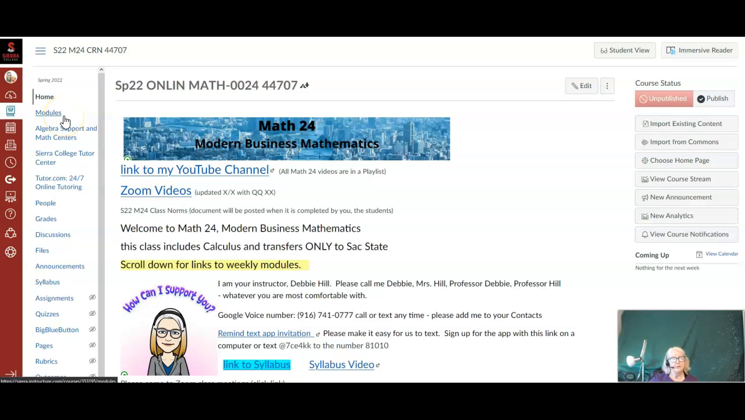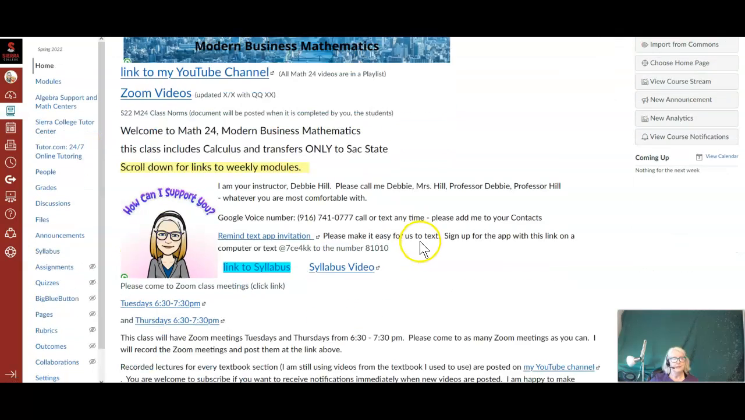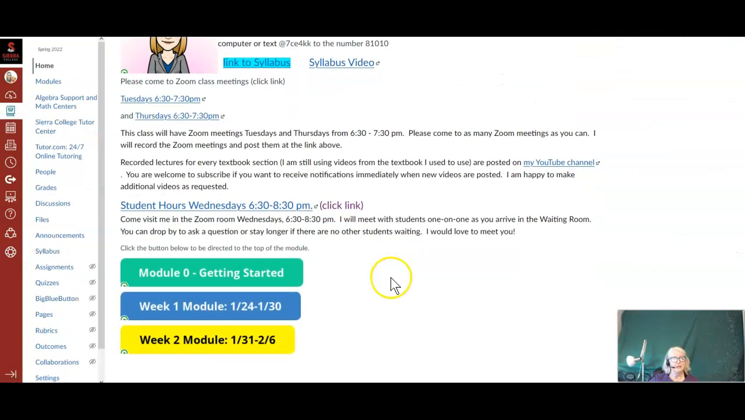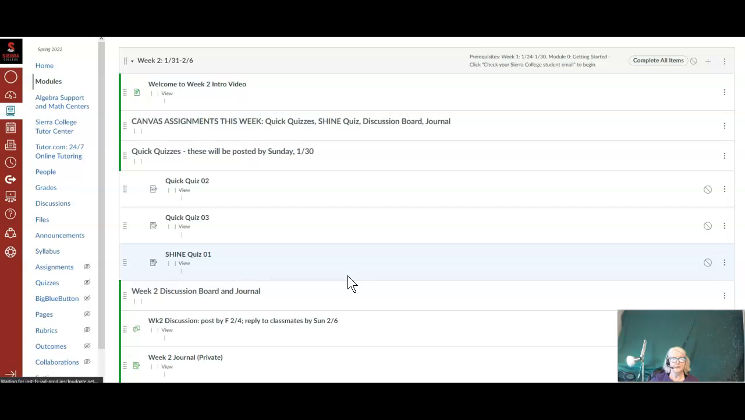When you do that, you will go to the top of the Modules page, and then you'll have to scroll down to what you're looking for. The other way you can do it is to scroll down here on the home page and click on the module that you're interested in. So let's look at the week 2 module, because that's the first week when you'll need to start doing homework